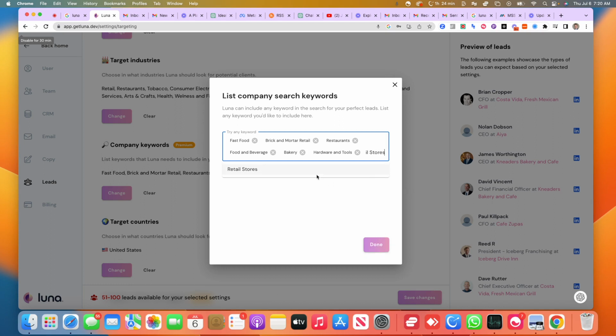Let's see if this changes at the retail stores, shopping centers. Because the thing is, maybe we only do have a few targets here, and maybe we just have to be persistent, which also isn't bad. We just got to work through this. Cafes. Ooh, coffee shops. That's a good one.